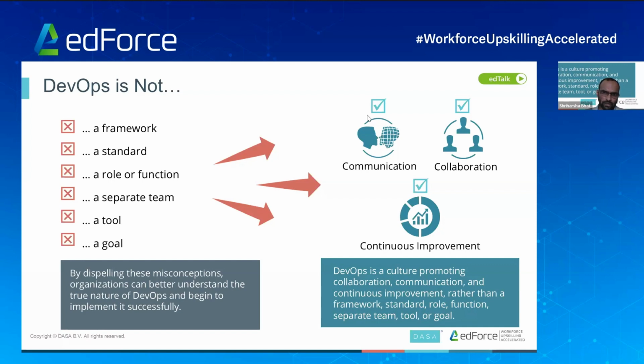It's not a role or a function. We are not going to call somebody a DevOps engineer, because DevOps is not an actual role for a person. It is a collaboration effort where the teams work together and improve their processes. It's not a team either. We do not want to call it a DevOps team. Basically, a team which practices DevOps is a team, right? And again, it is not just a tool. It's one of the misnomers. I see a lot of teams talking about how we are a DevOps.